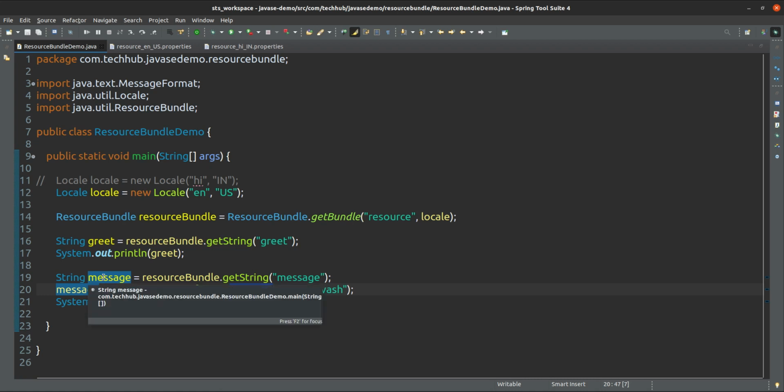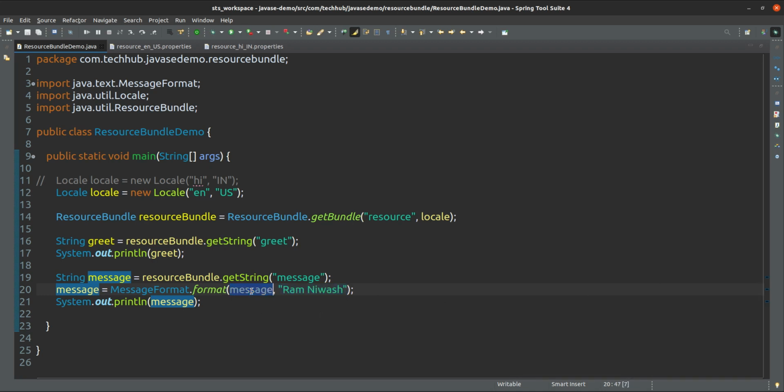Message is taking the value that is coming from the .properties file, or that is coming from the resource bundle file, and the second is the parameter that has to be resolved with the position param, and it is not limited to this param only.